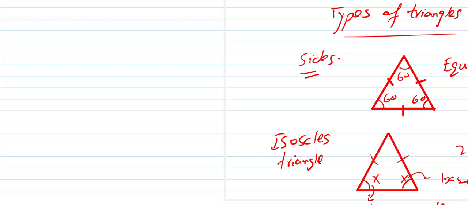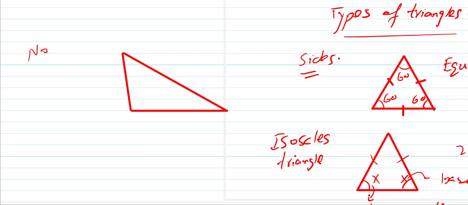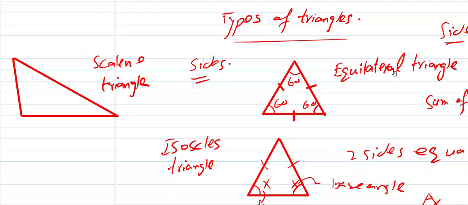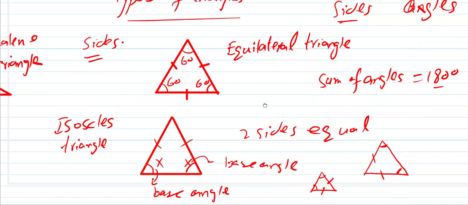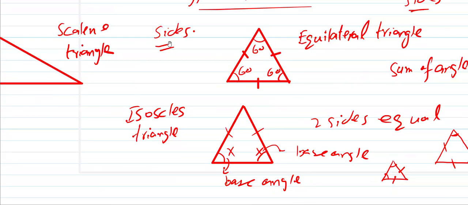then comes the scalene triangle. A scalene triangle is a triangle which has no equal sides. No equal sides. If no sides are equal, it means none of the angles will be equal. We call it a scalene triangle. Okay. So based on the sides, these are the triangles; we give them these names. Okay. Then based on the angles, before I proceed,